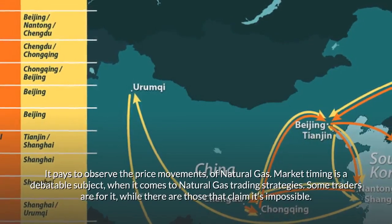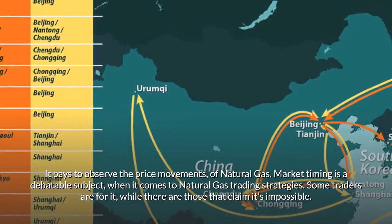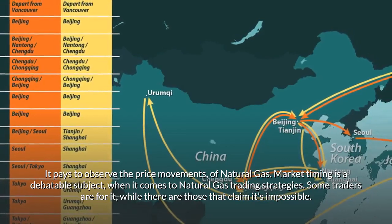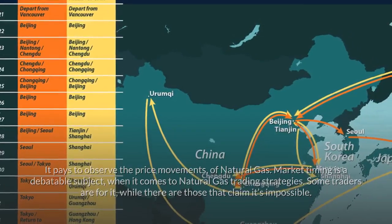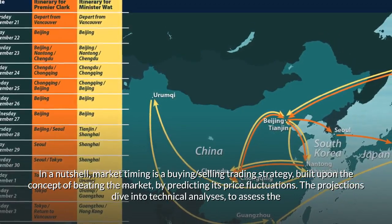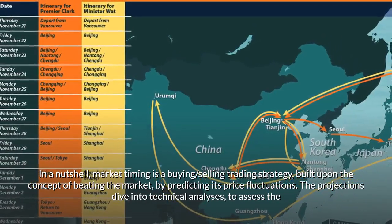It pays to observe the price movements of natural gas. Market timing is a debatable subject when it comes to natural gas trading strategies. Some traders are for it, while there are those that claim it's impossible. In a nutshell, market timing is a buying and selling trading strategy, built upon the concept of beating the market by